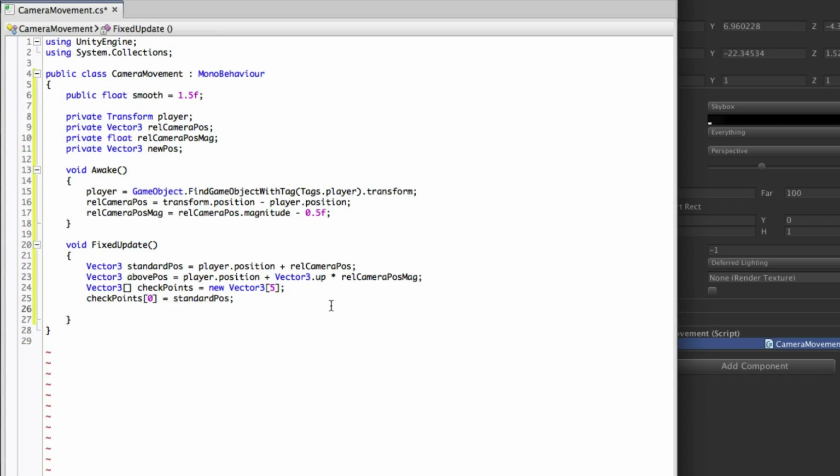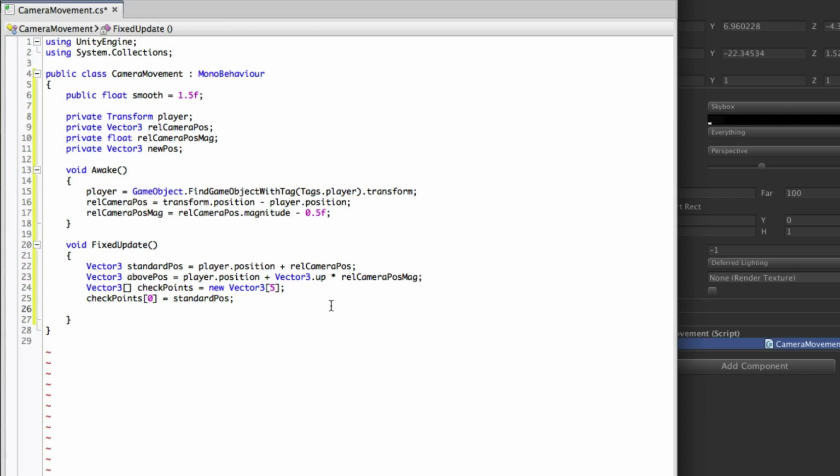To find the positions between the standard position and the above position, we are going to use the lerp function in a slightly different way than you might have seen before. What the lerp function does is returns a value which is a percentage between the two values it is given. At which point between the two values it returns is dependent on the third parameter. At 0, it will return the first value. At 1, it will return the second value. If you have a value between 0 and 1, then lerp will return a value some proportion of the way between those two values. For example,